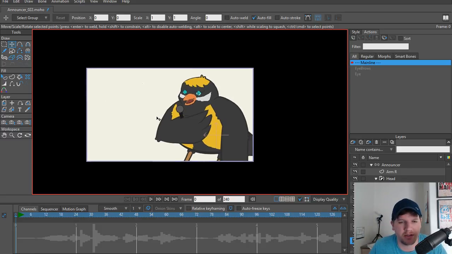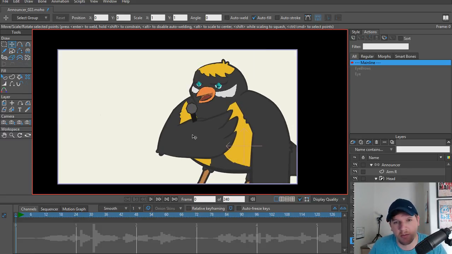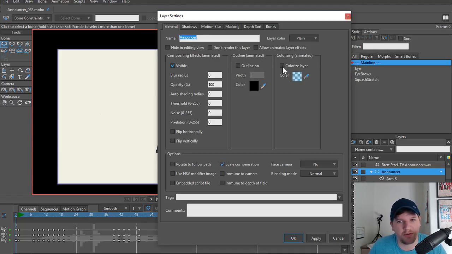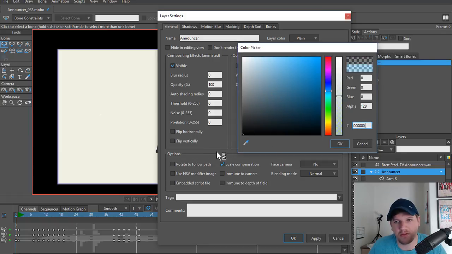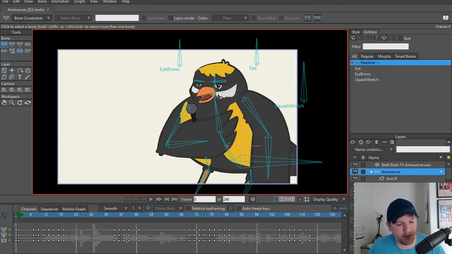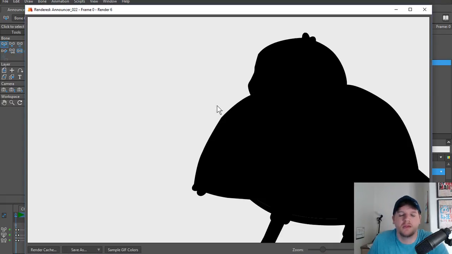So I got some good constructive criticism for the posing as well. And a good way that you can check to see if you have a good silhouette is just simply double click the announcer group, your main group, and then go to colorize layer, and then you can turn your opacity all the way up. So it's at 100%, so it's opaque, and then make it black, apply, and this is only visible upon render. So when I hit R, so right here,